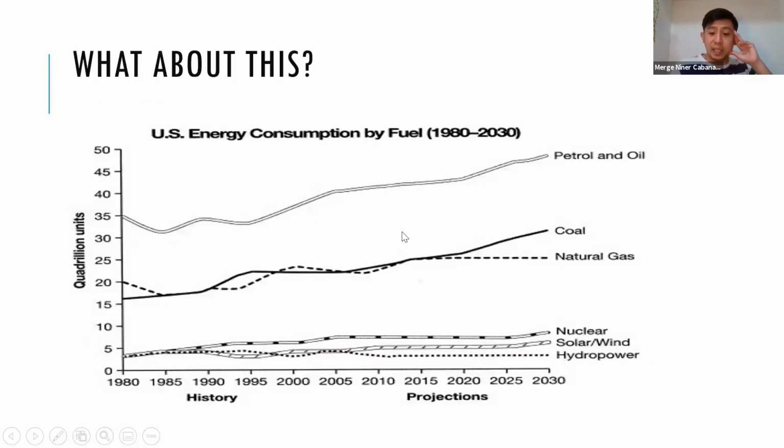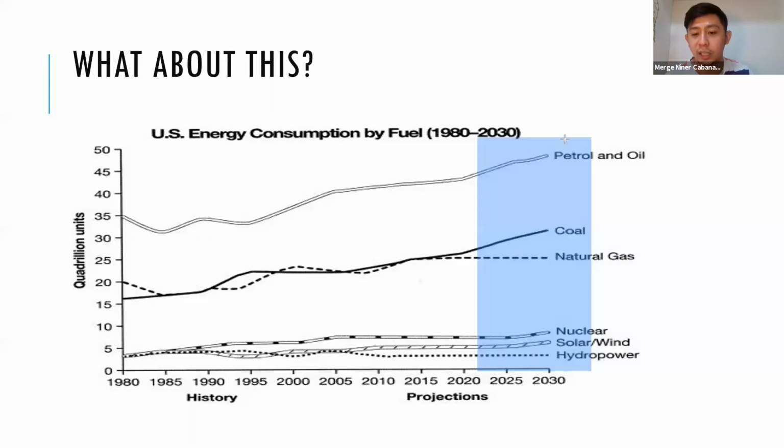Now, sir, I am seeing future. Take a look at this. We see a future here. All right, we're in the year 2021. So starting at 2022 until 2030, it's still future, right? So we cannot use the past tense of the verb. We cannot use the present tense, obviously. So we will be using the future, but we do not use the simple future tense as is. We do not just use any other phrase easily. What we do here, okay, is